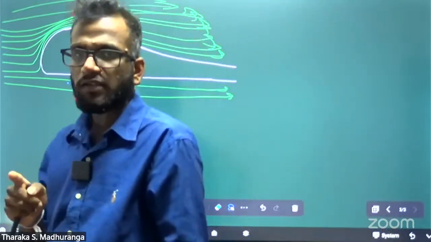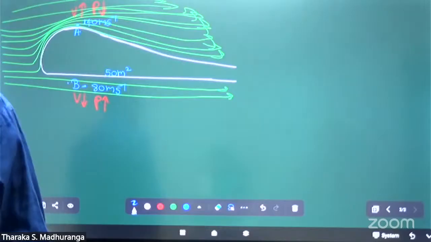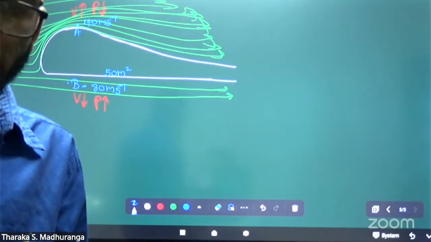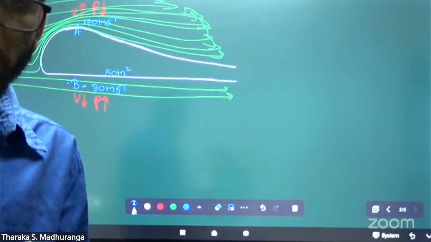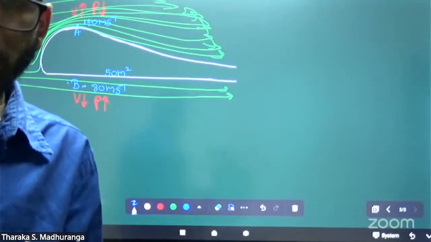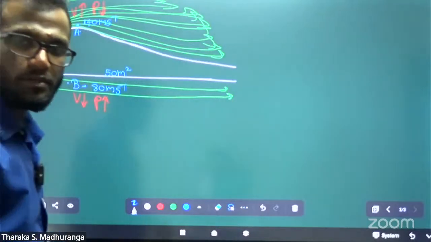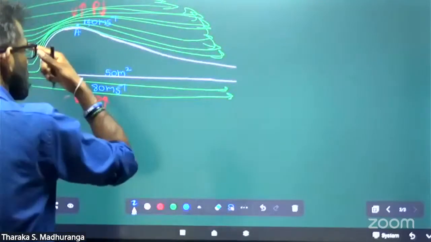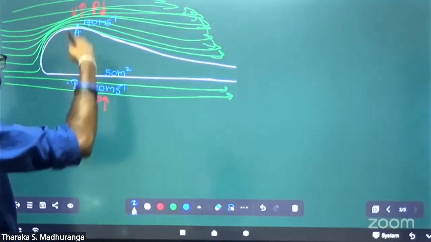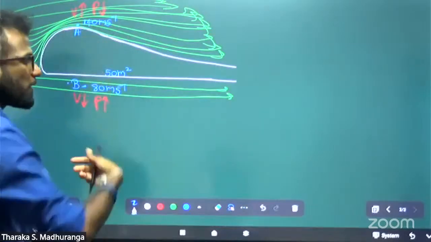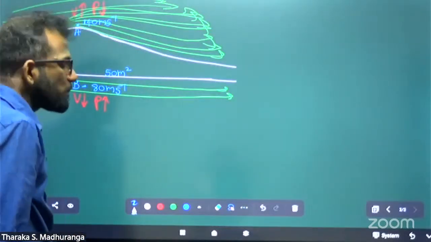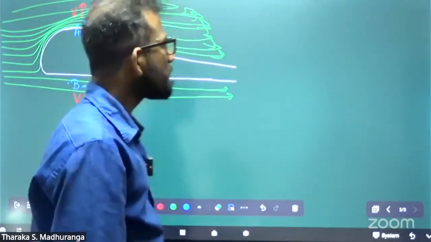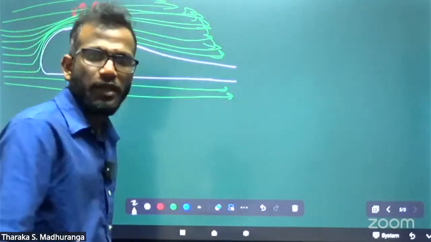The question asks the maximum weight of the plane. To get the maximum weight, now I have 2 points, lower side and upper side of the airplane. I'm going to apply Bernoulli's theorem for this A and B points. Okay, therefore I can write